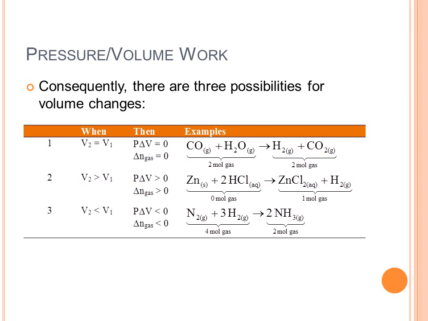Consequently, there are three possibilities for volume changes, depending on the type of reaction. There are some cases where they're equal, as in case 1, so P delta V equals 0, the change in moles of gas equals 0, which means no pressure volume work. If you look at carbon monoxide,